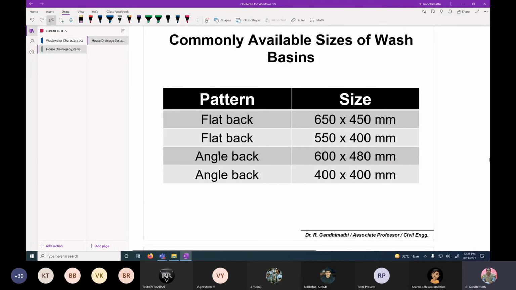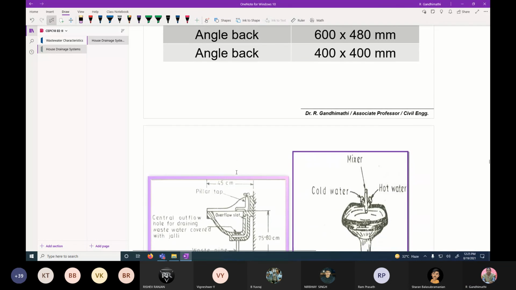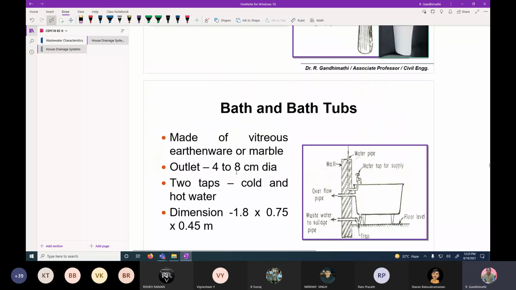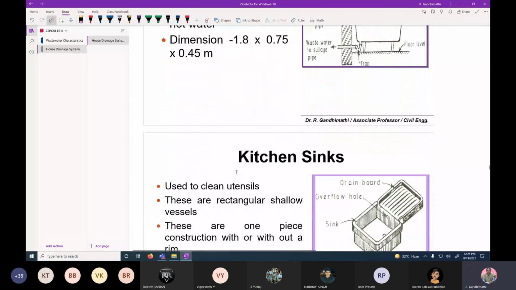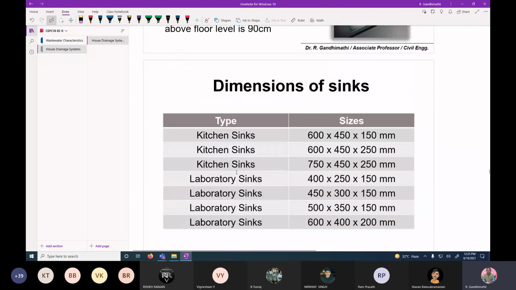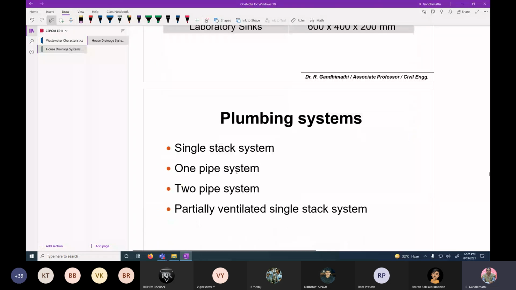It can be classified as flat back and angle back. Then bathtubs, your kitchen sink, dimensions. Okay, then I think I will stop with this.